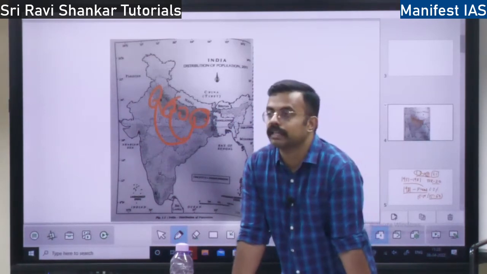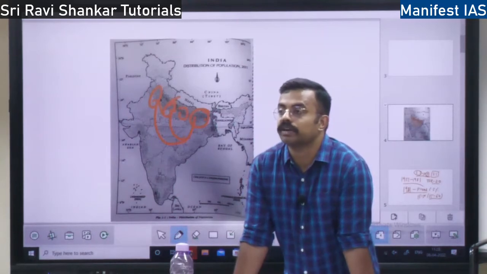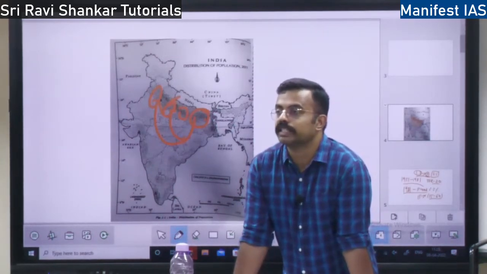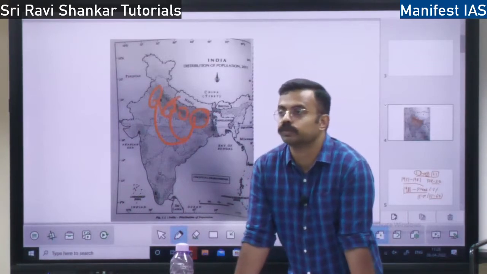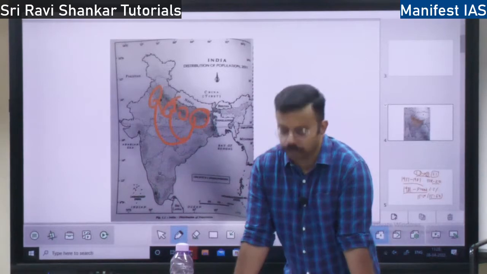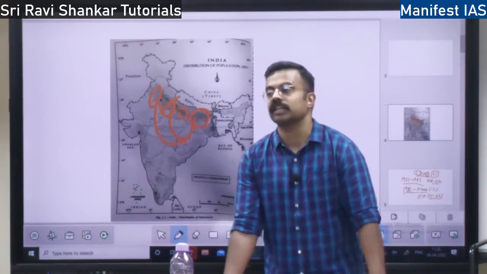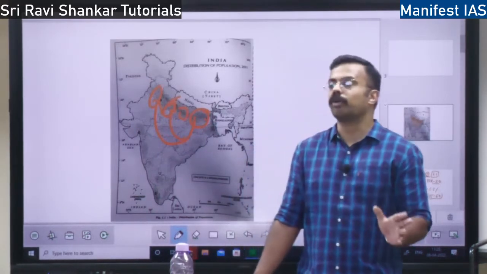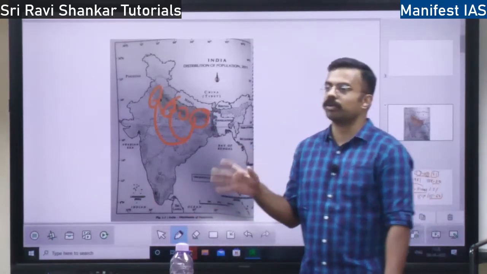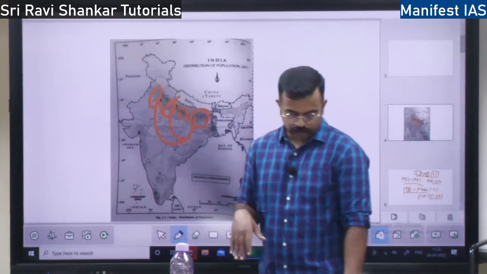Not only that, migrants lead to intermixing of cultures. In cities, you don't find any discrimination between SCs, STs, Hindus, Muslims, all this, because all the cultures have intermixed. There is no discrimination as such, because city people are more broad minded, right? They don't think much about religion, caste and all those things.